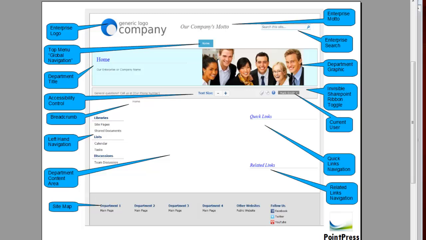First, I want to show you how all the SharePoint components are laid out in the PointPress solution. You should take a bit of time to learn the names of the components, because this will keep you from getting lost when you start your more detailed customizations. You'll find this particular diagram on the PointPress website, and it's also in your PointPress zip archive under the documentation